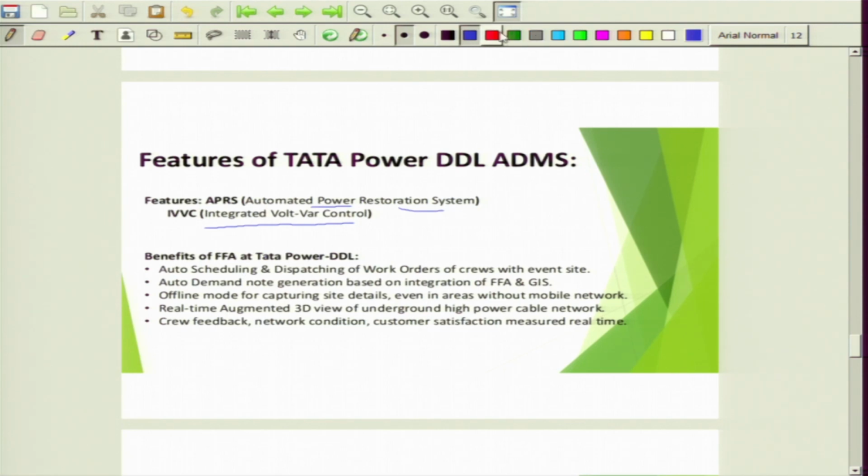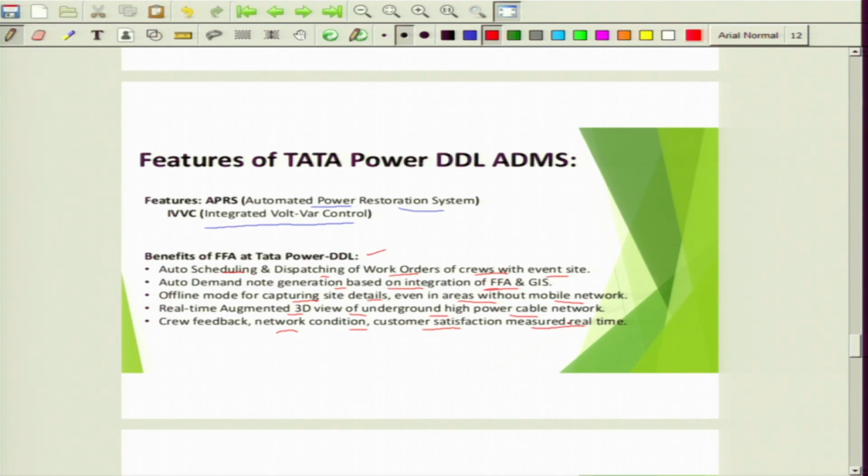So, benefits of FFA at Tata Power Delhi Distribution Limited: auto scheduling and dispatching of work orders of crews with event site, auto demand node generation based on integration of FFA and GIS, offline mode for capturing site details even in areas without mobile network, real time augmented 3D view of underground high power cable network, crew feedback, network condition, customer satisfaction measured